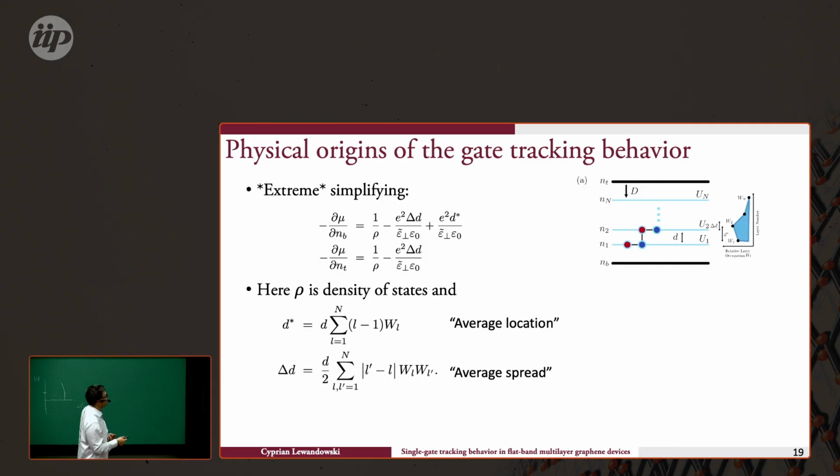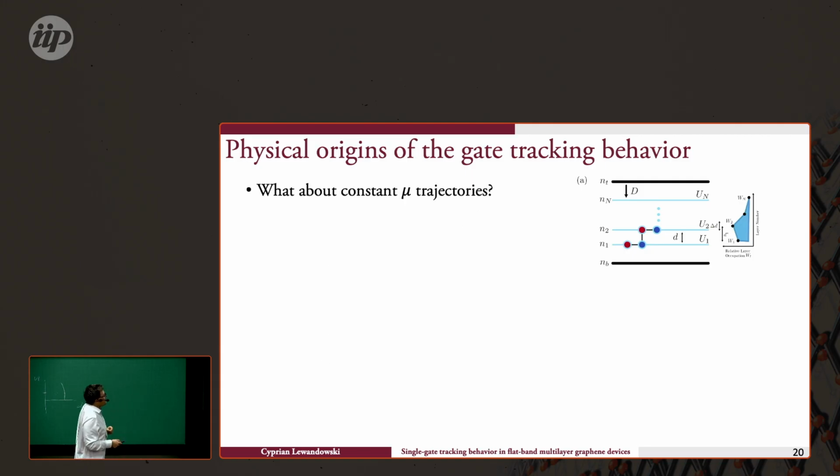quantities. There's a quantity corresponding to the density of cetates. There's a quantity describing my average location of where the cetate is sitting, and then there's a second quantity which is capturing how much that cetate is delocalized across the layers. Okay, and then I ask,